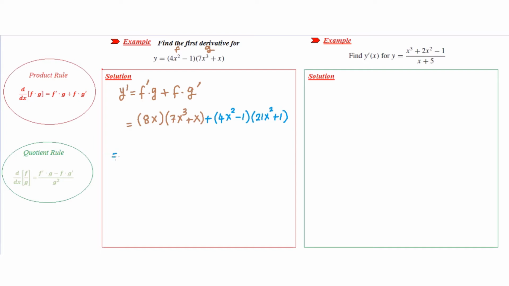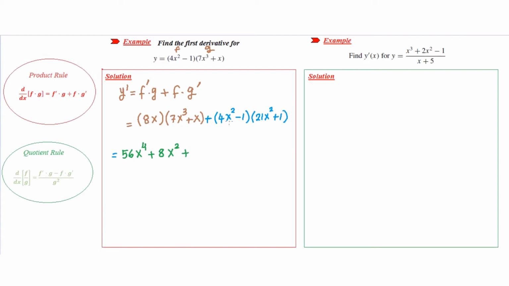Then you have to simplify the expression you have. Multiply 8x by the terms inside the bracket. So 8 times 7 equals 56. x times x cubed is x to the power 4. 8x times x equals 8x squared, plus